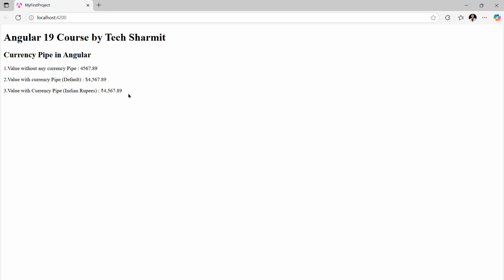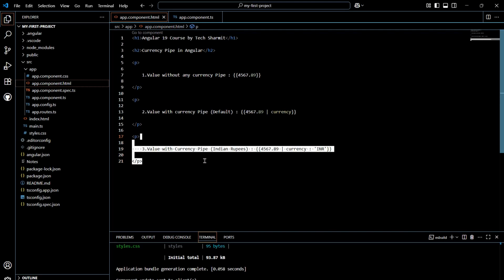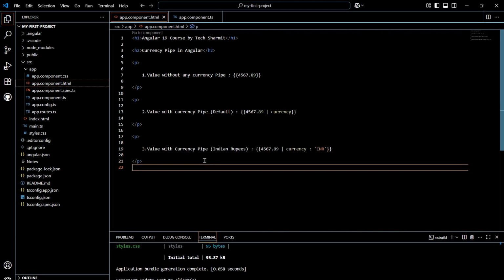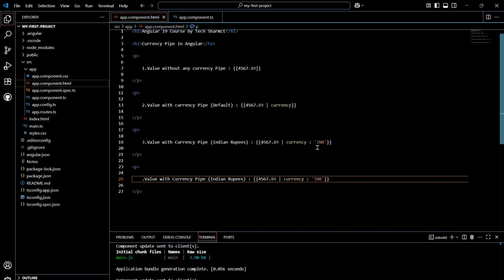Okay, but sometimes you might have seen that INR is also there, right? Instead of the rupee symbol, the value comes with INR, right? So how to add that? To add this, what you can do, let me copy paste it just for saving my time. So here we will write 4